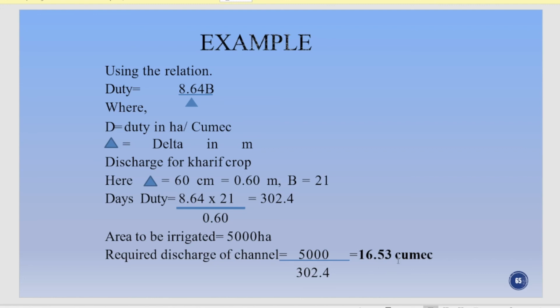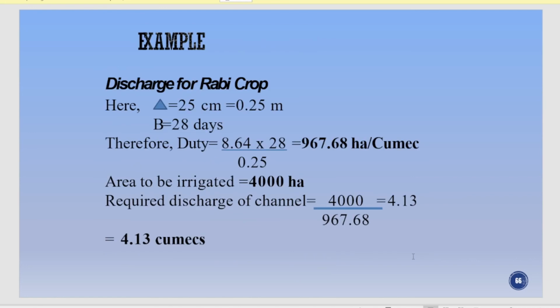in the canal. Okay, so we already know duty is hectare per cumec, and this is your hectares. So hectares divided by hectare per cumec will give you cumec, which is discharge. So the required discharge of the channel is 16.53 meter cube per second in case of kharif season. Similarly, we'll determine for rabi season also. See here, using the same duty equation, we'll determine the duty for rabi season. After that, we know the area to be irrigated in rabi season. From that, we'll calculate the discharge that is required for the channel in rabi season, which is 4.13